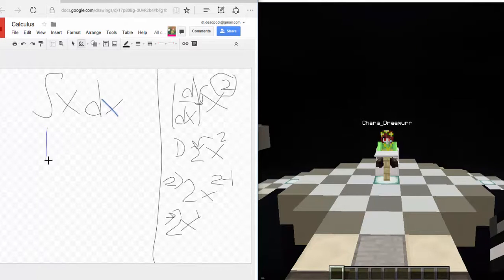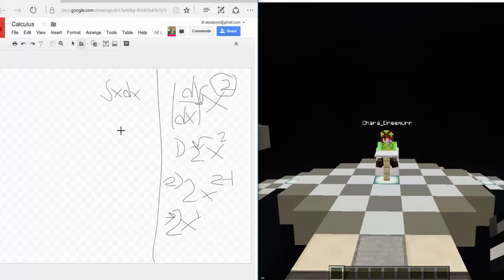So the first step is, let me clear this and make it a lot smaller. Is that an S or a squiggly line? It's like an S, but the center is really long. The really good way to do it is like this, but I do it fast. Basically a fish hook. That just represents the antiderivative. That's the integral symbol, but I'm not going to describe integrals because integrals are complicated.